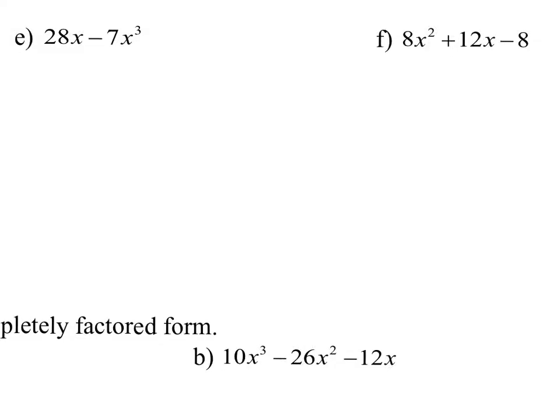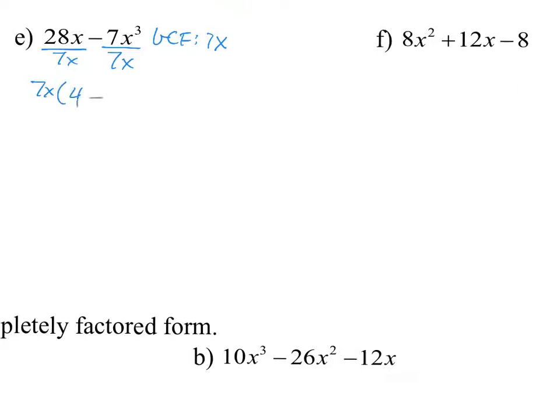E. All right, let's see. It looks like I have a GCF, right? Between 28 and 7, my GCF's got to be 7. And I do have a variable in each term. The lowest exponent is 1. So my GCF is 7x. I'll divide everything by that. And I'm left with